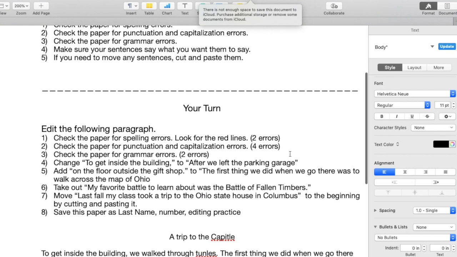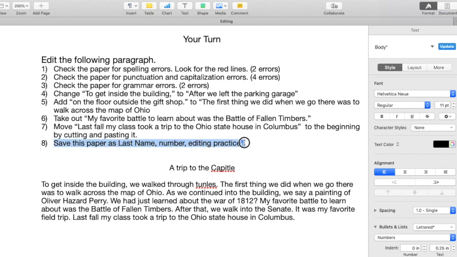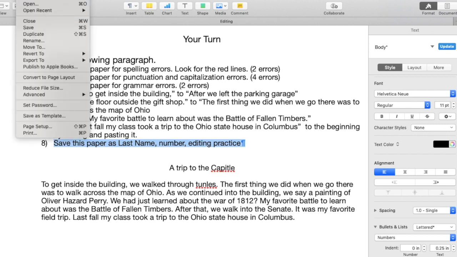Go ahead now, and I have another little paragraph for you. Now this one has a little bit more instruction here. Tells you how many errors there are, okay? So go ahead, you're going to practice adding in sentences, taking some things out. Now, to save this last step, what you're going to do is you're going to save it. To save it, you go up to File, you're going to say Save,